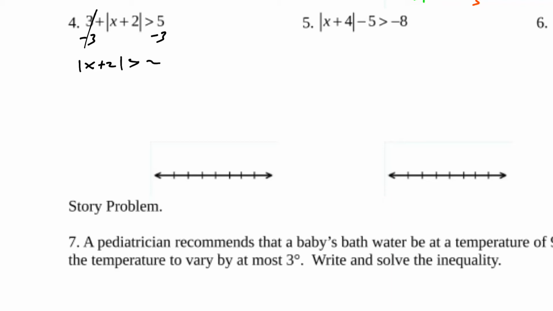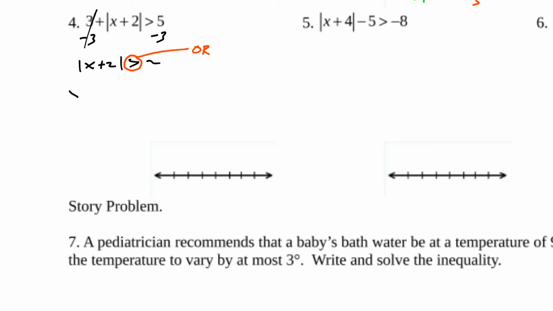So now that we have our absolute value all by itself, again, we want to note that this is a greater than. So we want to remind ourselves that that is an or. That is a union. So we're going to be looking for anywhere that's shaded on our number line. So now let's break it down into our two cases. So our first case,